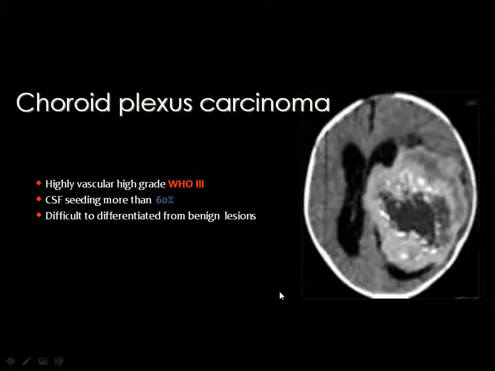Then whenever the choroid plexus papilloma has invaded the ventricular wall and extended outside the ventricle into the adjacent brain parenchyma, then you can consider the diagnosis of choroid plexus carcinoma. And this is a high-grade tumor, WHO3, and it has a high incidence of metastatic CSF seed. And sometimes it may be difficult to differentiate carcinoma from papilloma, especially if the carcinoma is totally confined within the